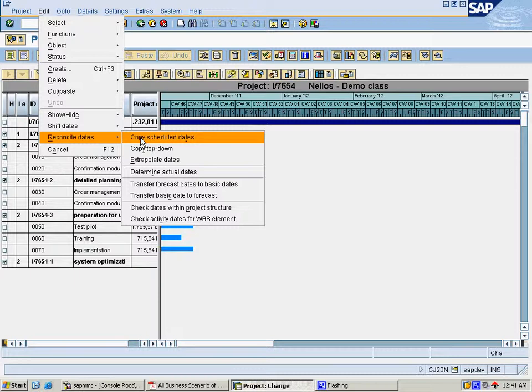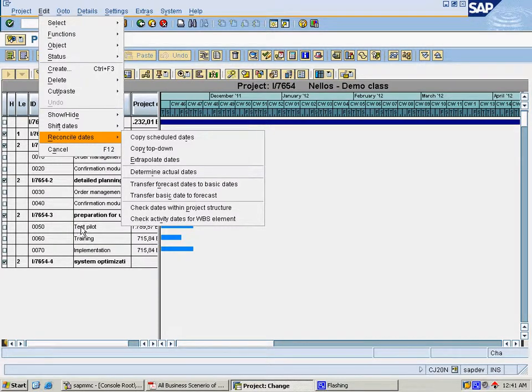will copy the dates of the activities, and they will be aggregated and pushed to the top level WBS elements.